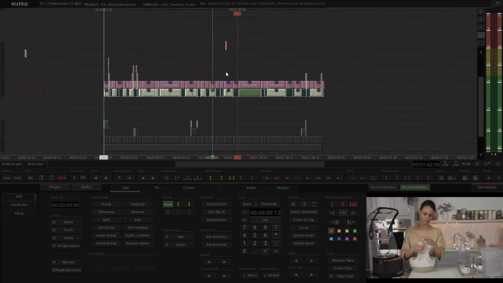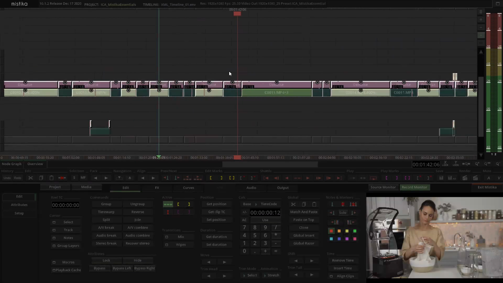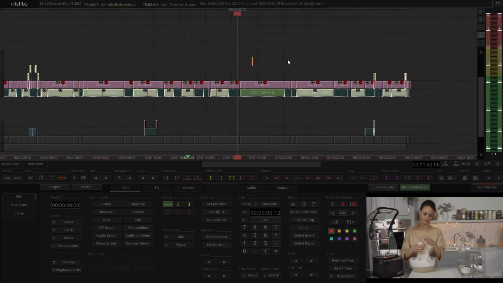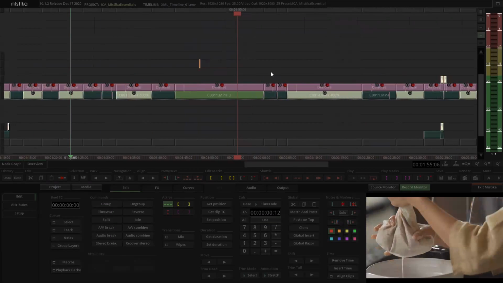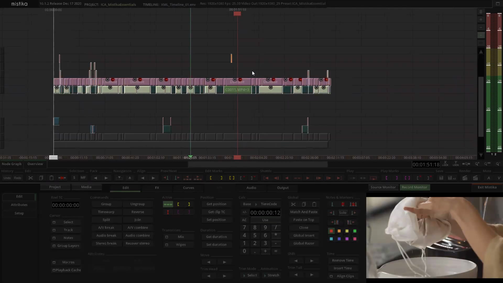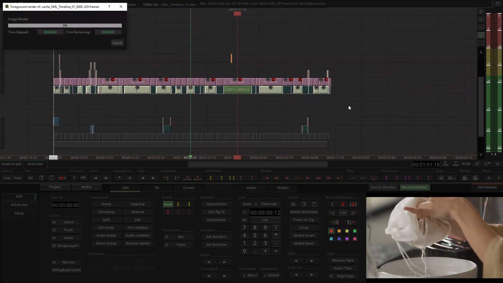So to cache something in Mistika, you can actually choose the level or the effect you want to cache. In this case, it would be the denoise effect, and you go here to playback cache, and you say select cache on. And then you get this kind of red C on top, okay? And that red C on top means that the cache hasn't been done yet. So only when you go to play cache and say render current in foreground, in this case, it will render the current shot time in the foreground,